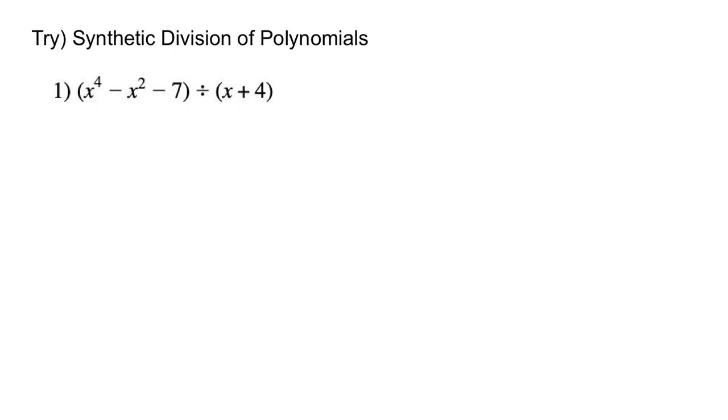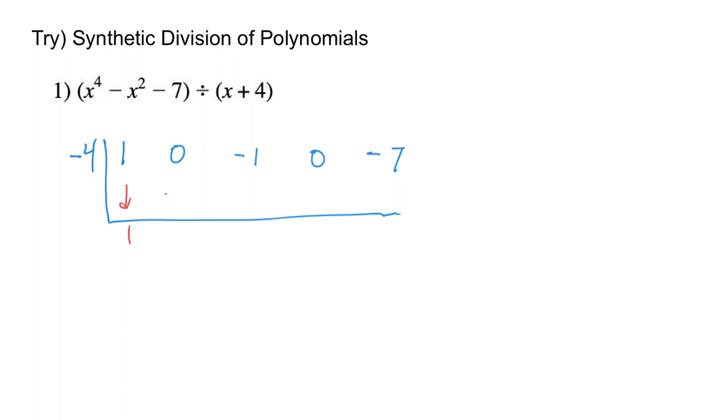All right, let's take a look at number 1. Check your setup. Did you do the setup correctly? Your setup should look like this. Make sure you have a negative 4 here. Make sure you filled in the x to the 3rd term and the regular old x term. Now we'll go through and do the synthetic division. Bring down the 1, multiply, add, multiply, add, multiply, add them together. And you got to add those together. Let's see here, and you get